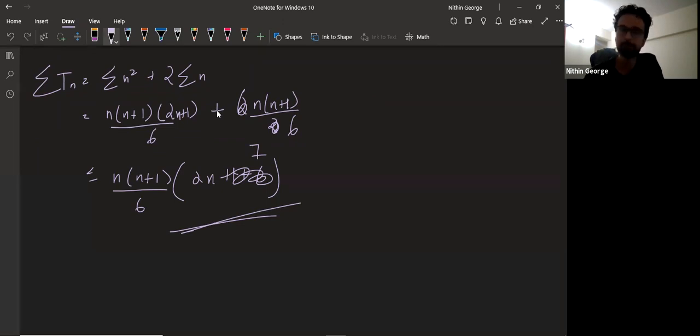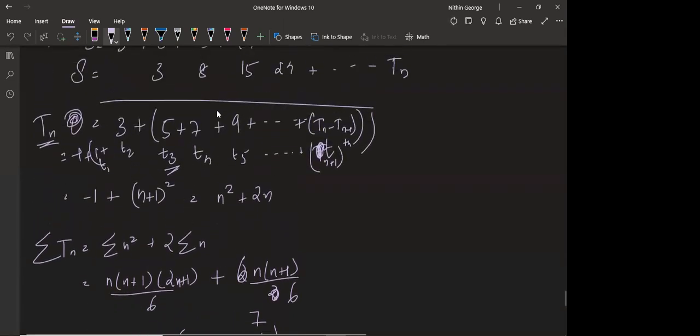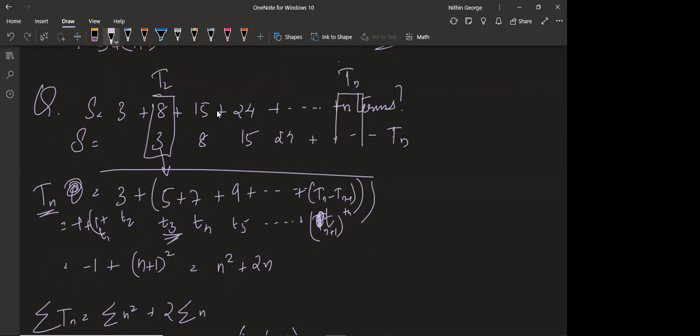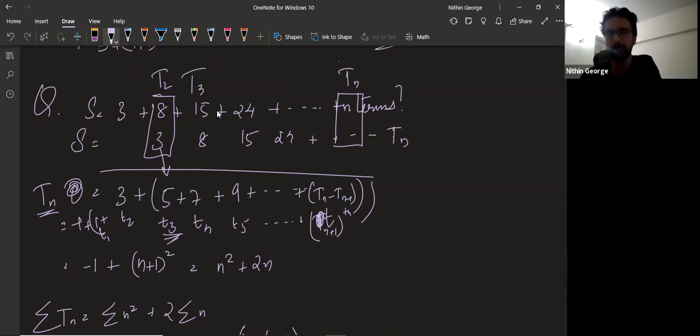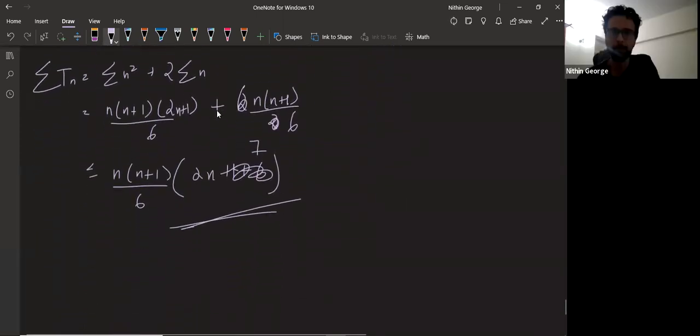Any doubts here, guys? Sir, how is it Tn plus 1? So, again, this is the second term, capital T2, which gives me 5, which will be T3 in this series. Okay, so capital Tn will give me which term? T2 will give me T3. T3 will give me T4. So Tn will give me Tn plus 1. Okay, n plus 1th term in this series. Got this? Yes, sir. Okay. So we have 2n plus 7 here, and that's it. This will be our answer.